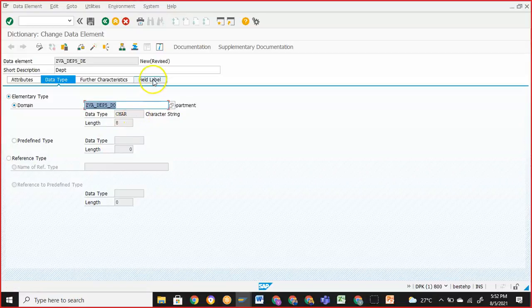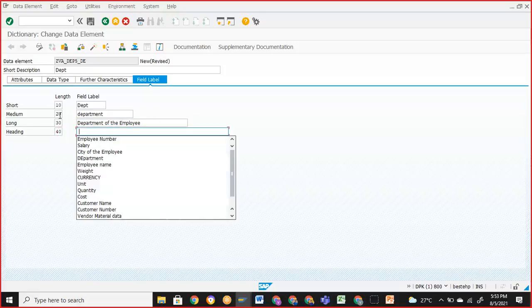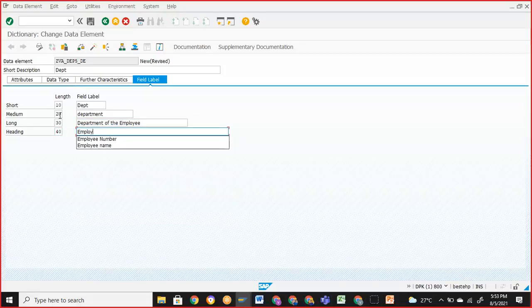These properties will automatically come because it's active. So we'll go for 10 DEPT. Okay, and 20 department, 30 department of the employee. So detailed value you can give, employee details, employee department. Okay, now we'll just activate this one also.